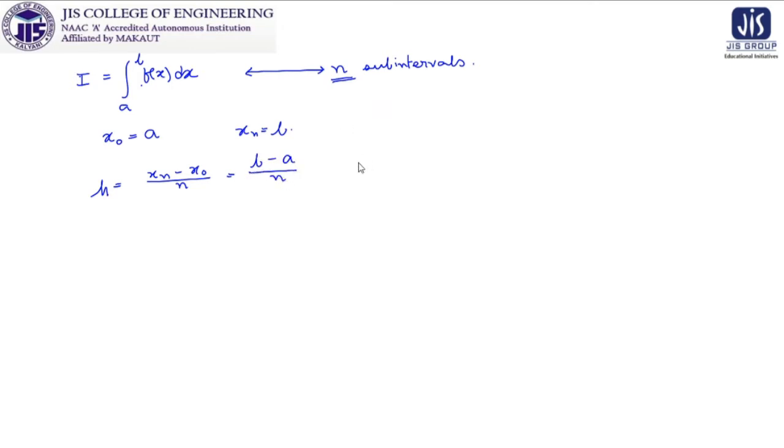So we can just think about this, that if this is my x0, which is actually equal to a, and this is my b. So if my n is suppose 3, that means I want to denote it by x3. So if I want to distribute this particular interval into 3 subintervals, then this is going to be my h, this is going to be my h, and this is going to be my h. So (b minus a) by n will be my h.